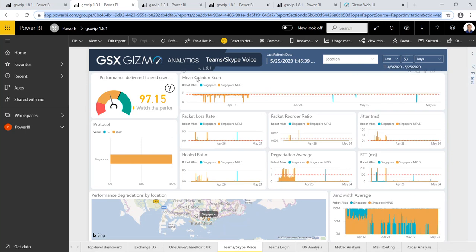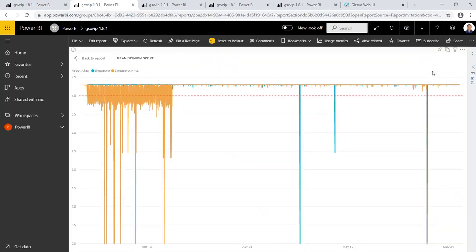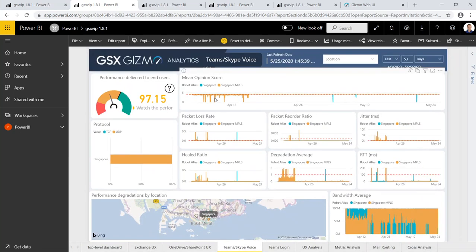Well, if we look at the mean opinion score, we can see that really at some point before we removed the connection to the MPLS, the MPLS was always worse than the direct connection. So it was very easy to see, and that's why after that we changed completely the configuration for the second robot as well.